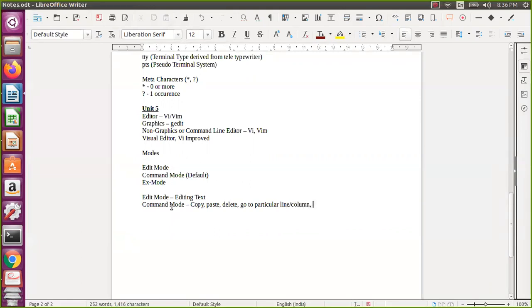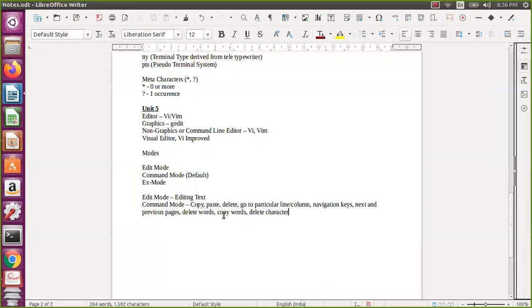Also navigation keys, like going to the next or previous page. And operations like deleting certain words, copying words, deleting characters, and all these particular operations.